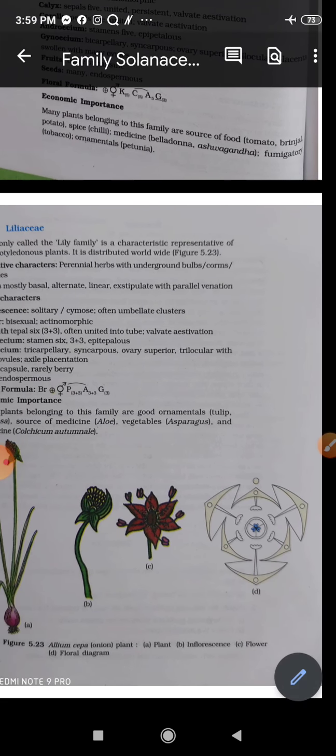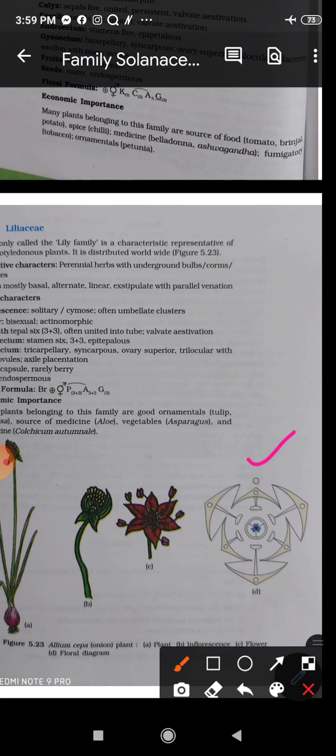Now if we look at the floral diagram, in the floral diagram here you can see the mother axis, right? Then you can see how the tepals are there, right? They are all fused, right? And then you can see the androecium that is present over here. There are 6 androecium, 6 stamens that are there. And if you look at this line over here, everywhere the androecium is being attached to the tepals, right? So this is showing an epiphyllous condition, right?